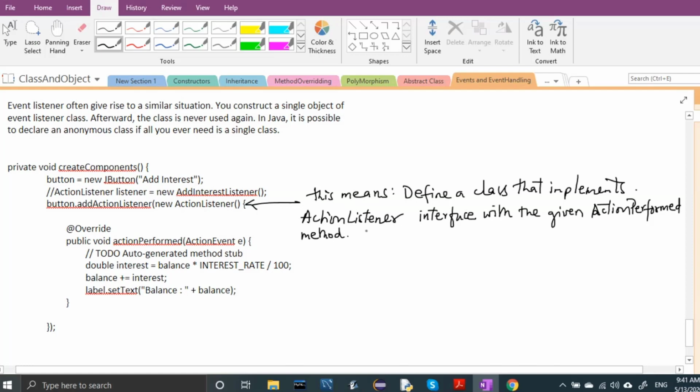Construct an object. Here I'm constructing the object because I'm using new.